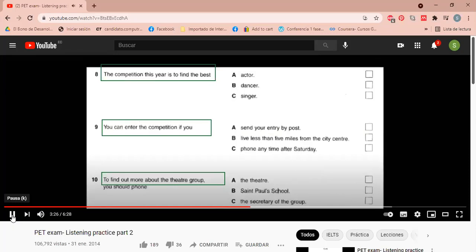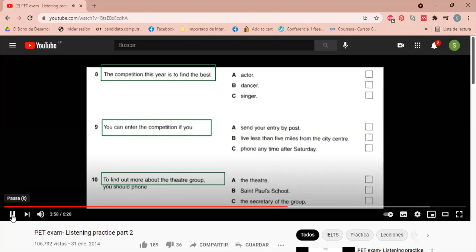Welcome. Jenny and I have got lots to tell you, haven't we, Jenny? That's right. This week on Saturday night, Westfield Radio runs its annual competition. What's it for, Jenny? Well, last year it was to find the best dancer, and next year it will be the turn of local actors to enter. But this year, we're looking for the best singer in our city. You have to perform alone, and we'll provide a musician.